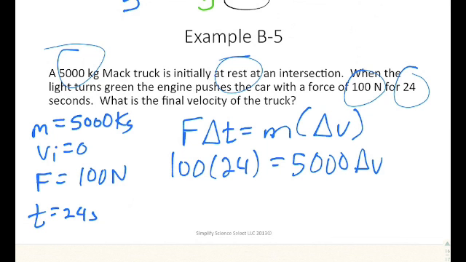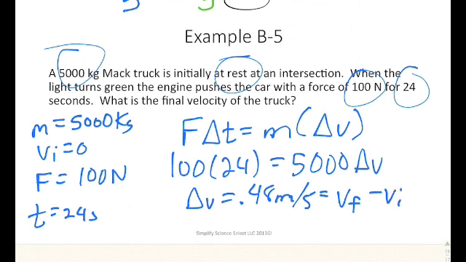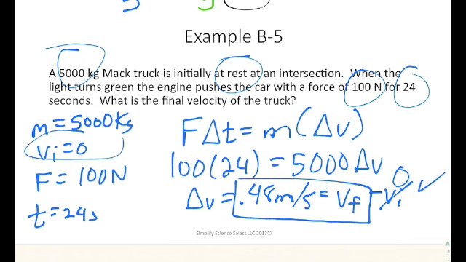Divide by 5,000, and you end up with a delta V of 0.48 meters per second. Remember, delta V is equal to final minus initial. In this case, it's not going to matter because our initial velocity is 0, which makes our delta V the same as our final velocity. But this is a step that you can't leave out because the initial velocity is not